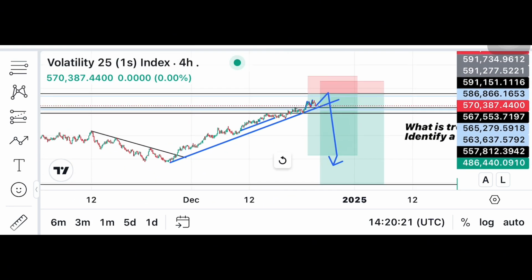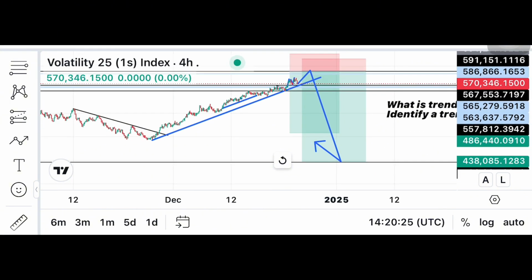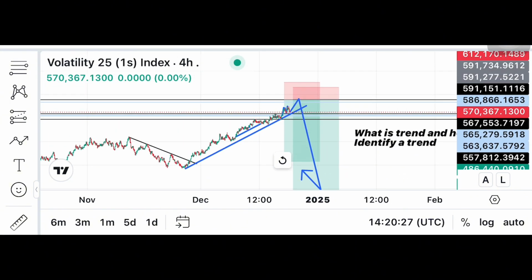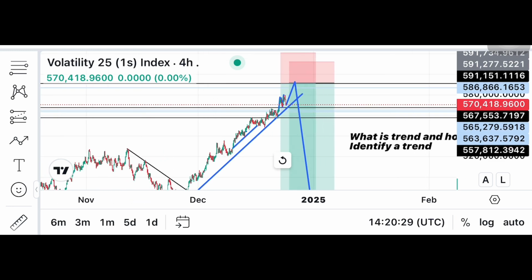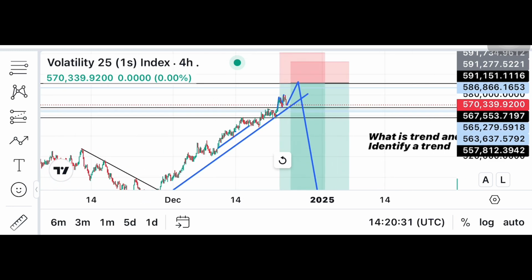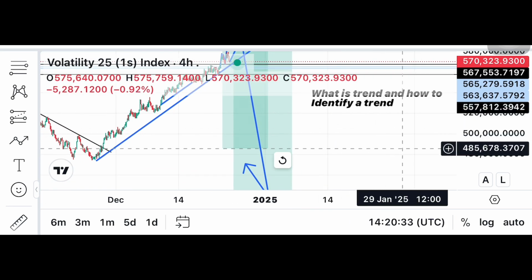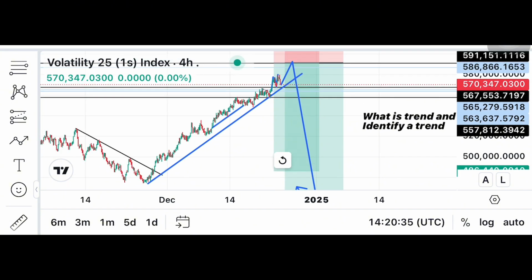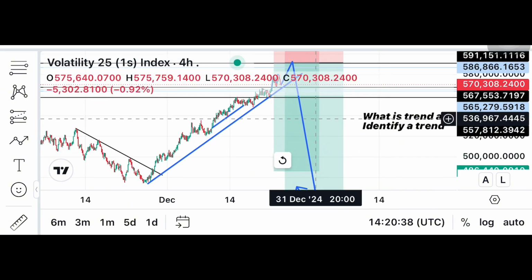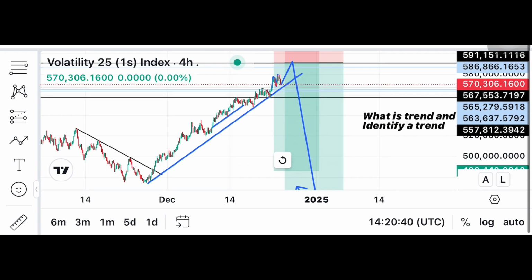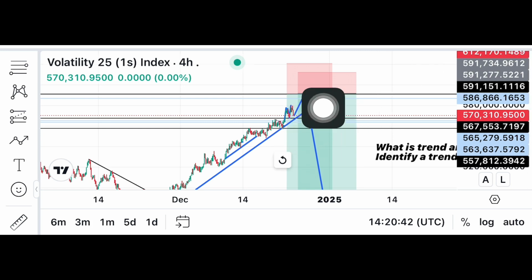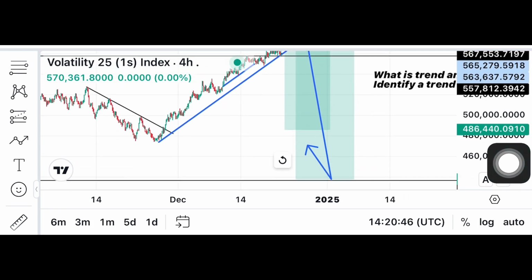Okay, I'm expecting price to move up, then take me in, move up to this side, take me in and straight to my TP. So this will take me like 4 days, 1 week, or 2 weeks or so, and my target is